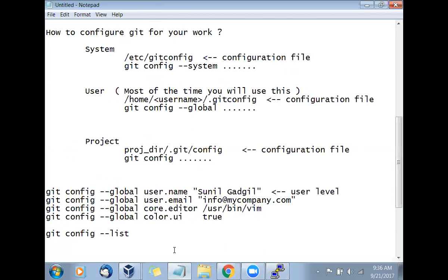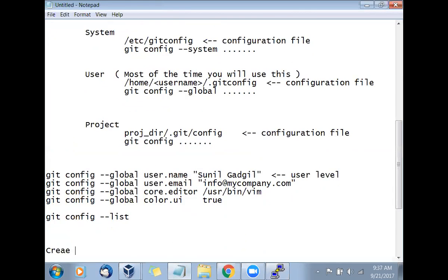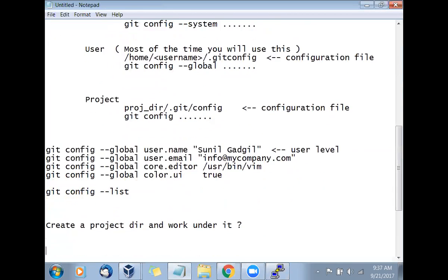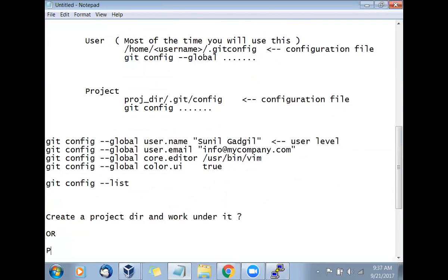What we will do? Create a project directory and work under it. So when you join an organization and you want to create a new repository, you have to follow the steps. Or I can say the procedure to create a new repository.